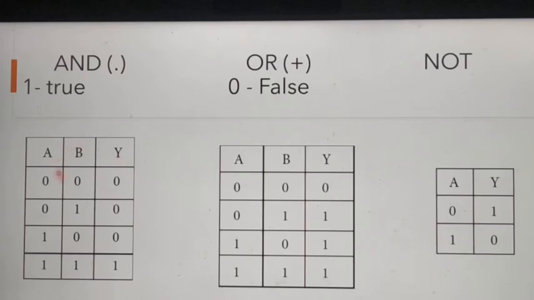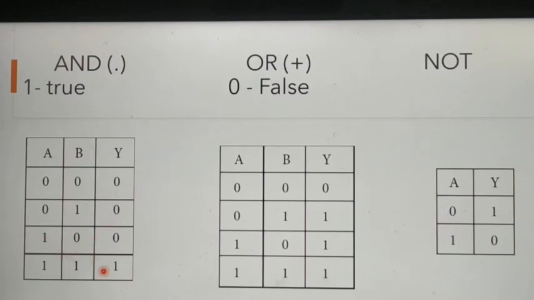In a 2-input AND gate, we have 4 possible input values. Here the first one is 0, 0. 0 means false, 1 means true. The second possibility is 0 and 1, false and true. The third one is true and false. Next, the fourth one is given as both true. Here our condition is: if both inputs are true, our output will be true. If any one of the inputs is false, our output will be false. It is just like multiplication. 0 zeros are 0, 0 ones are 0, 1 zeros are 0 and 1 ones are 1.